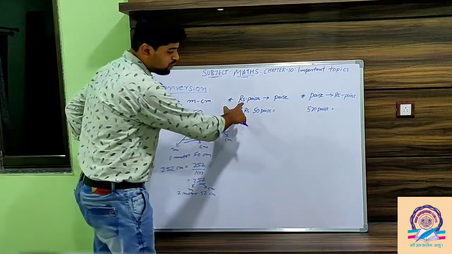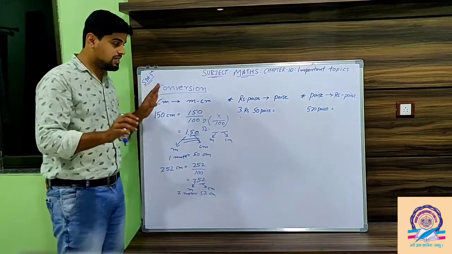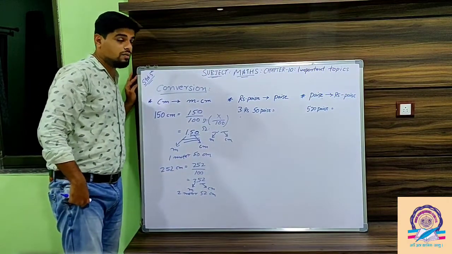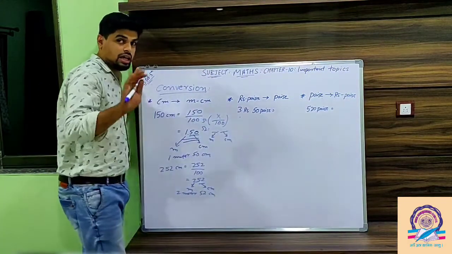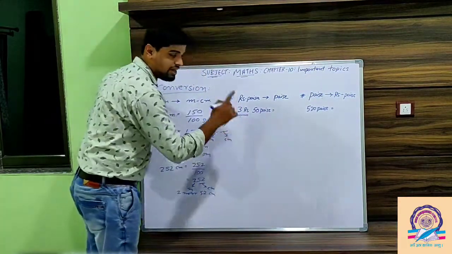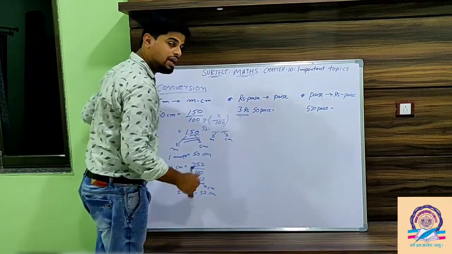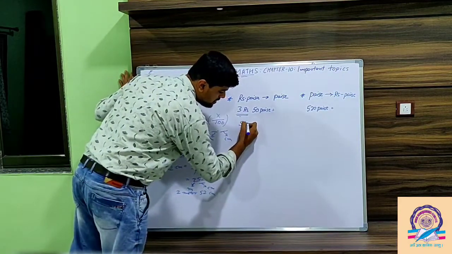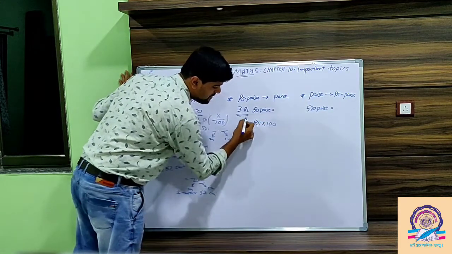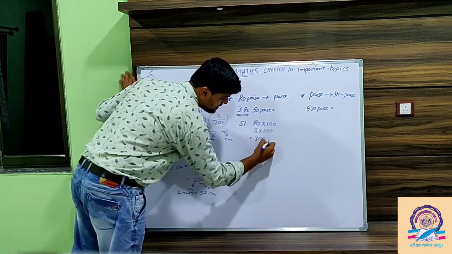In the same way, now you have to convert rupees and paisa into paise. It's very simple. You are given 3 rupees and 50 paisa. What is given? 3 rupees and 50 paisa. Here you have to first convert 3 rupees into paisa. We have already learned how to convert rupees into paisa. We just multiply rupees by 100. So in step 1 you multiply rupees by 100. In our case our rupees is 3. 3 into 100 equals 300 paise.